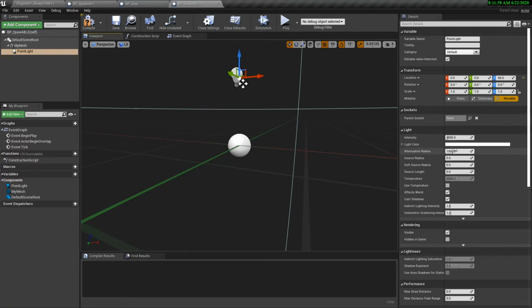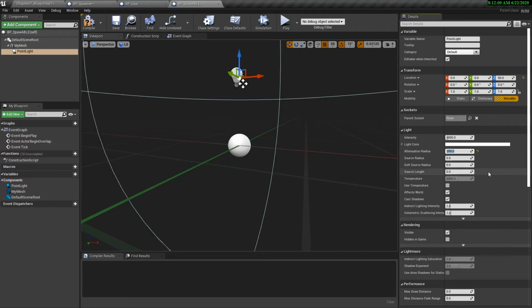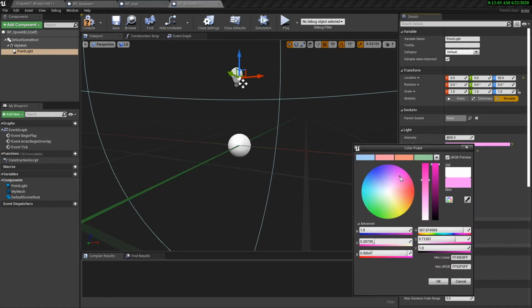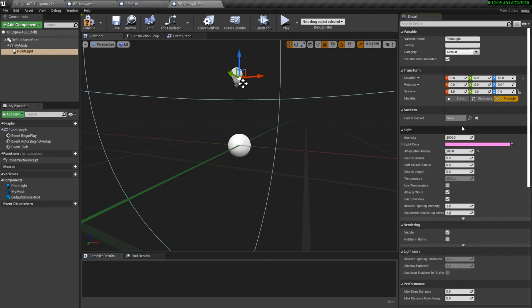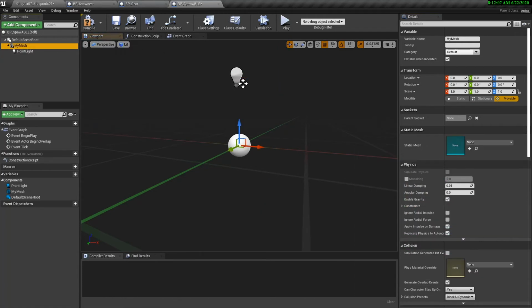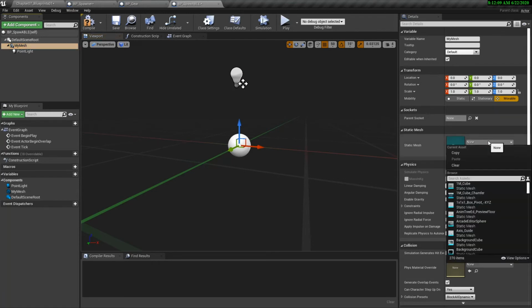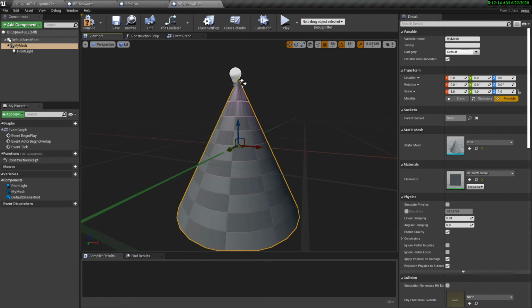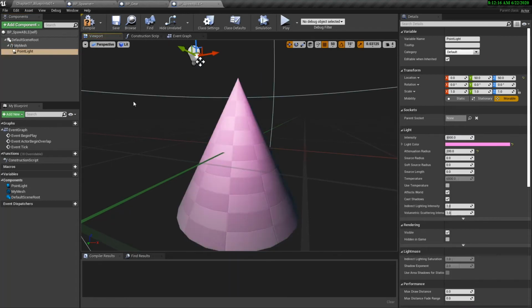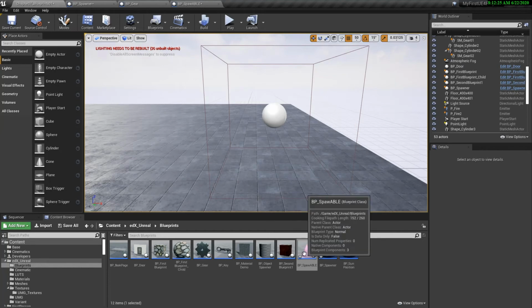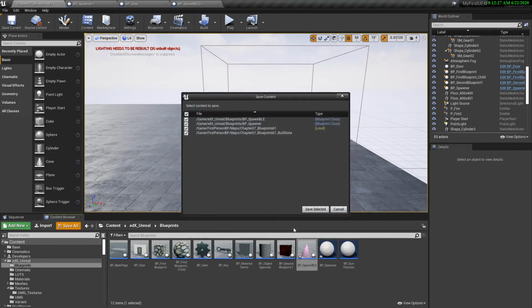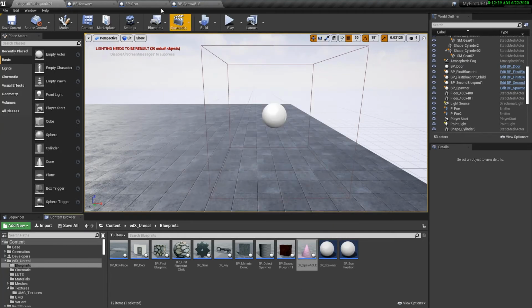we keep the attenuation pretty low. That's fine. So what kind of mesh do we want to input? Well, let's put in a cone. There we go. All right. So now that we've got a cone mesh that we can reference inside of an actor class, so here's our BP spawnable. Let's go back into the spawner and look at how to create that.